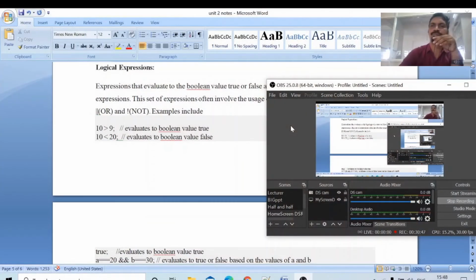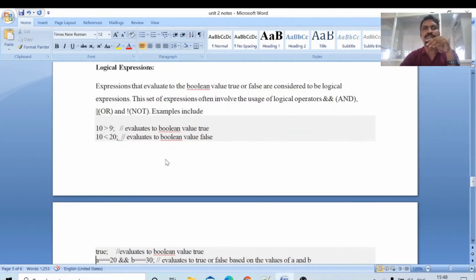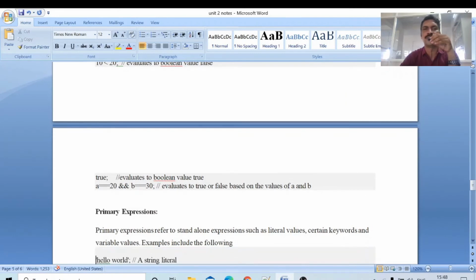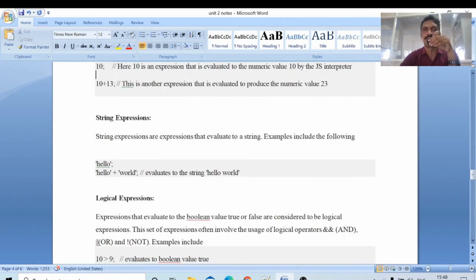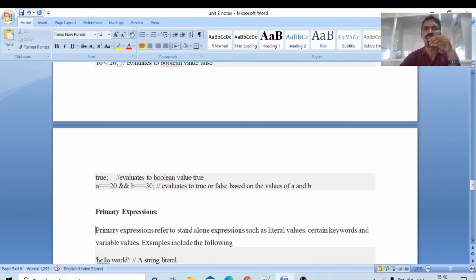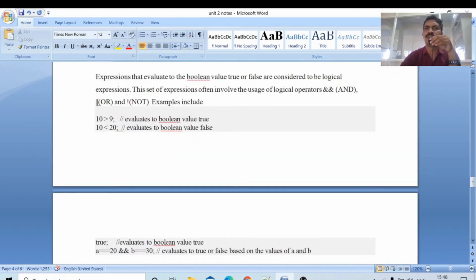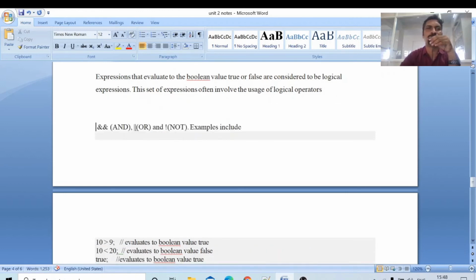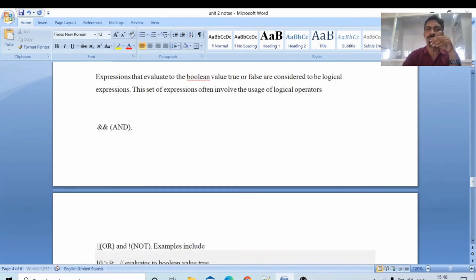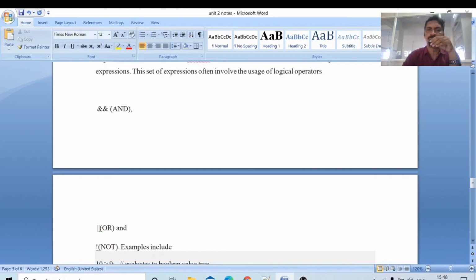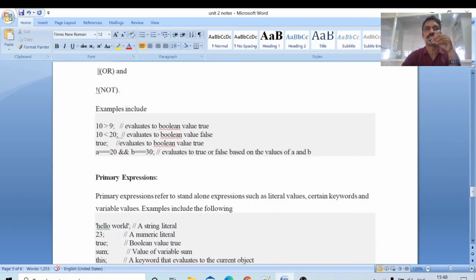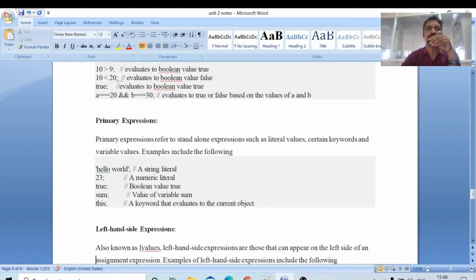These are the examples for logical expressions: 10 greater than 9, 10 less than 20, A equal to B. While writing logical expressions, we will use the operator and, for the and symbol, two ampersands. For the or symbol we will use this operator, and for the not symbol we use the operator not.